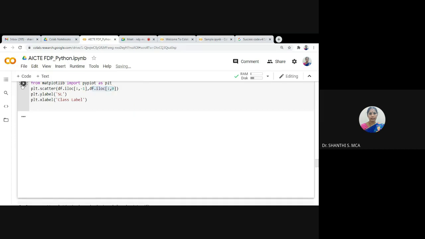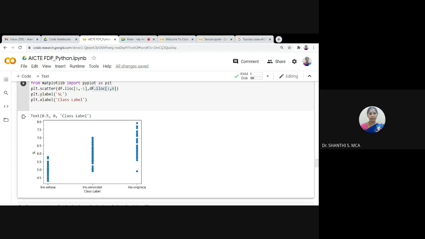So it will display the scatter plot, drawn by using matplotlib. So this is iris versicolor. If sepal length is between 4.5 and 6, this data belongs to iris setosa. By seeing this, we can identify the distribution of those attributes.